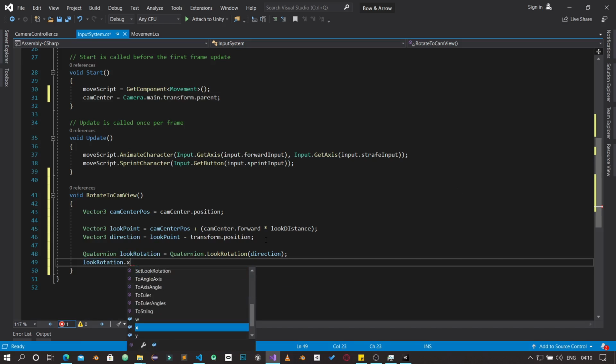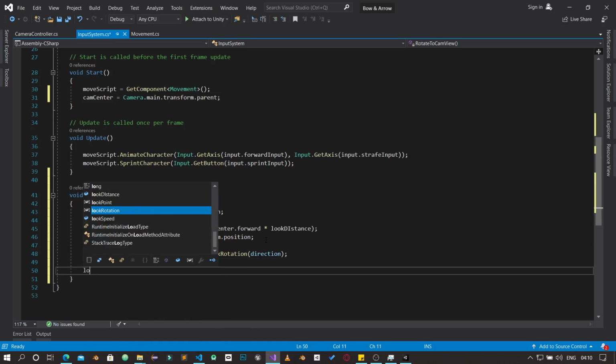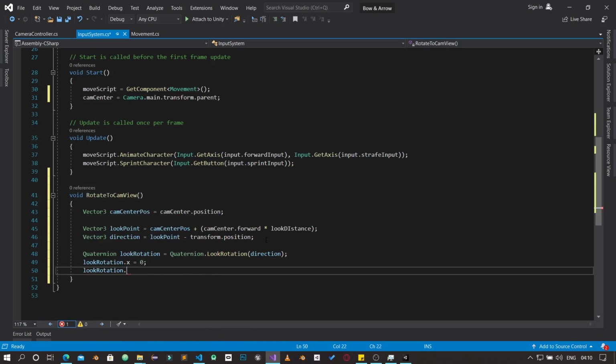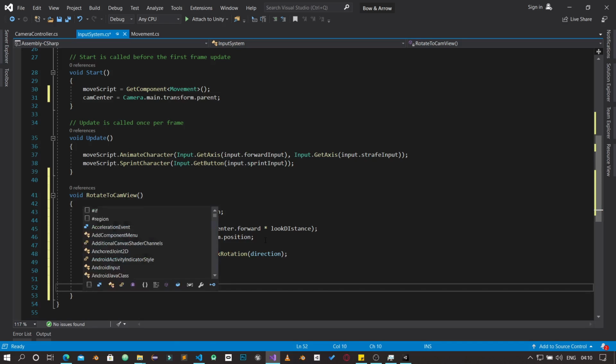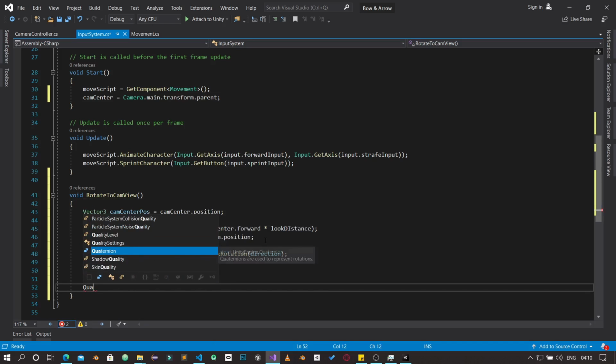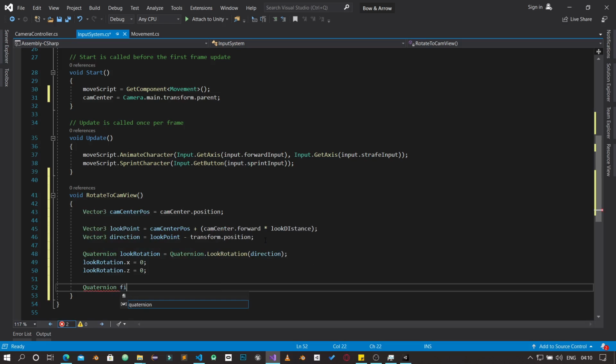So lookRotation.x is equal to 0, because we don't want to rotate the character in the x direction. We only want to rotate the character in the y, not in the x and z. Now we are going to do a quaternion. We are going to say final rotation